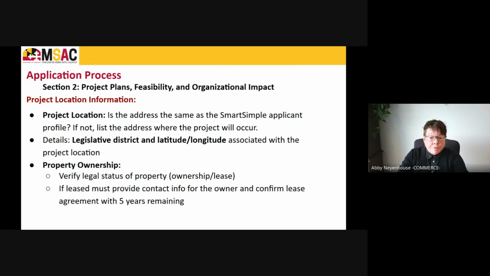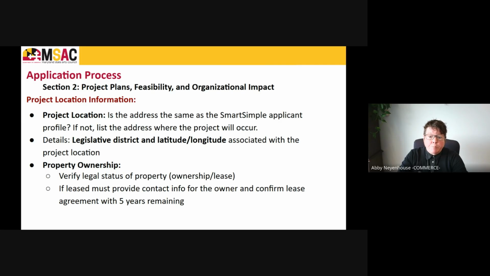One thing we've learned over the last 2 years is that if the property is owned by a government entity, such as a city, county, or various jurisdiction, each jurisdiction has its own process for reviewing and approving agreements. In some cases, additional steps, such as review by a counsel or legal department, may be required before the agreement can be signed. We strongly encourage you to reach out to your property contact early to learn more about their process and any potential timelines, especially if it's a government-owned property.